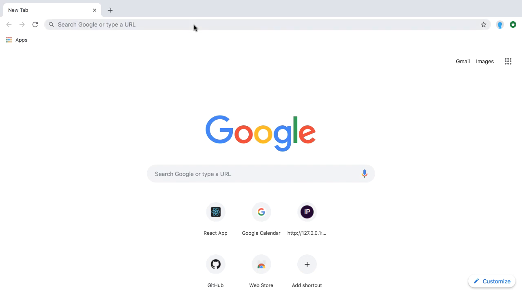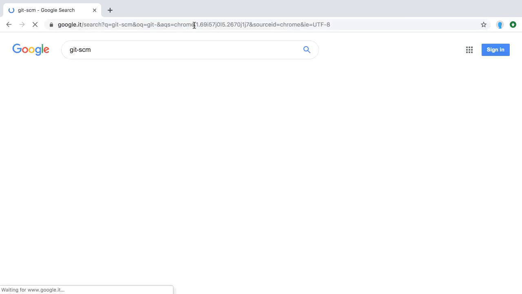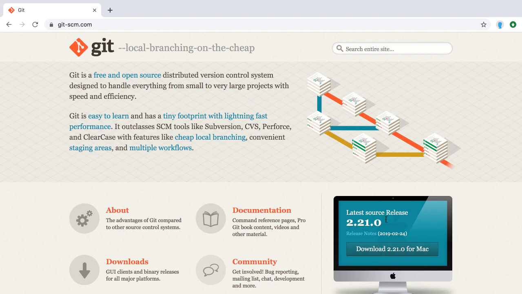If you don't have it already, because you most probably use it as your version control system for other programming languages, make sure you have Git installed. And so we can go to the Git SCM site, where we will find all the necessary downloads for your corresponding operating system. And so once you have installed that, you can go to your local shell,